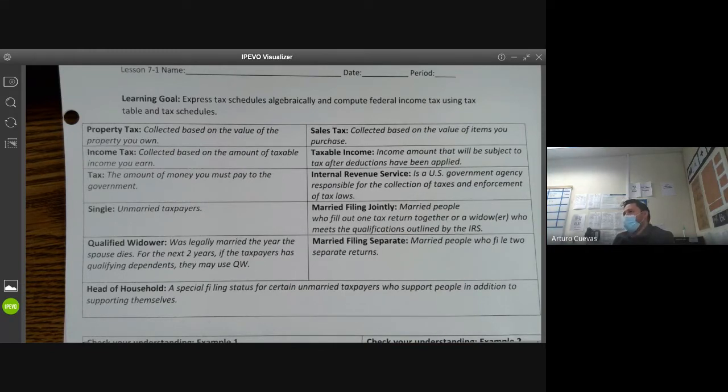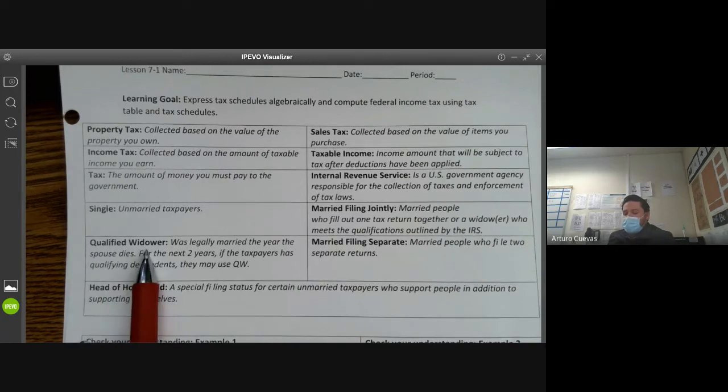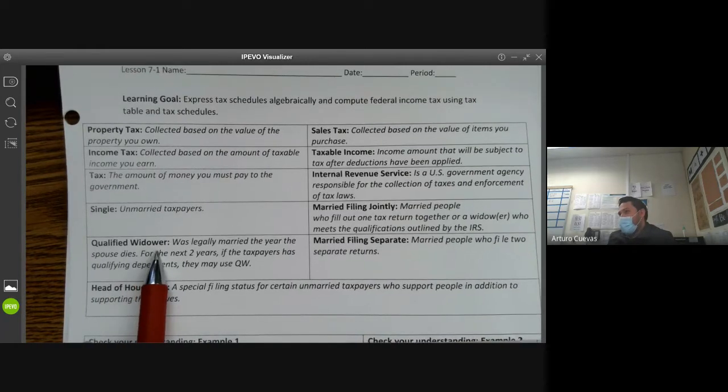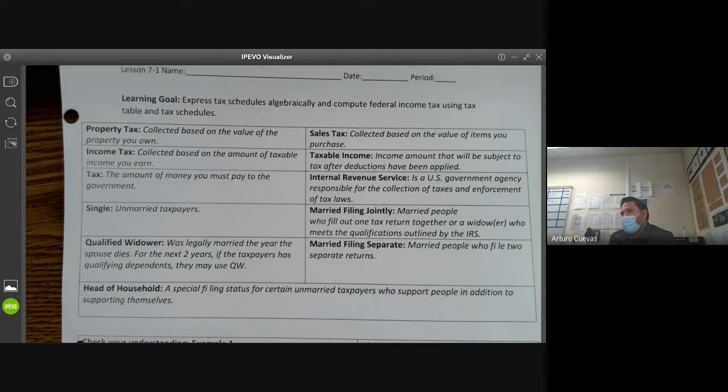So Ben, if you are married to somebody and they pass away and they made money that year, when you file the taxes, you have to say you're a qualified widower because you still have to pay taxes on what the spouse made. You can't just say, oh, she died, so she doesn't have to pay taxes. Does that make sense? They just want to know if your spouse died, they want to be accurate. Anytime you're married, whatever your spouse does affects you. If your spouse makes a lot of money, then as a couple, you have to pay a lot of money.